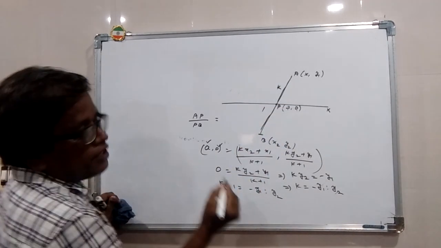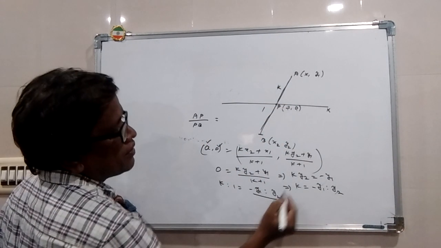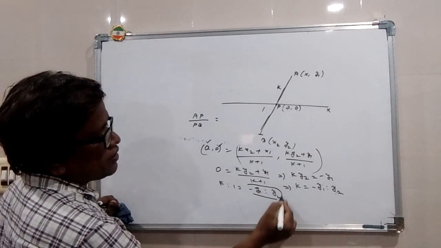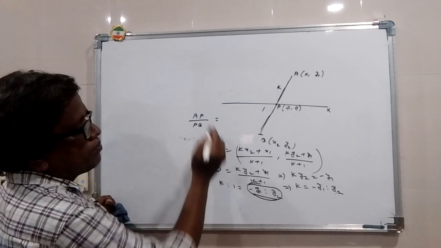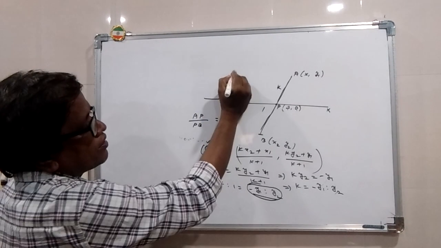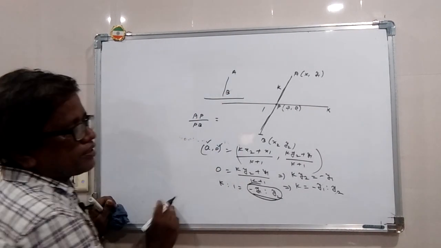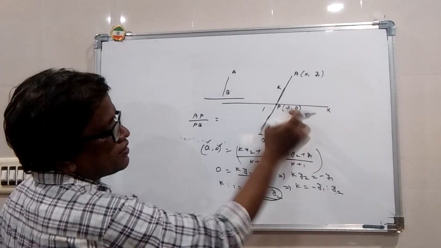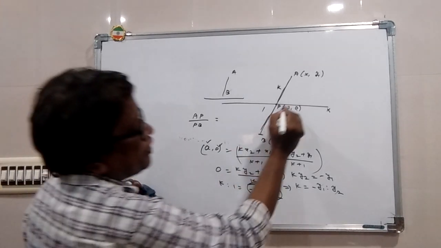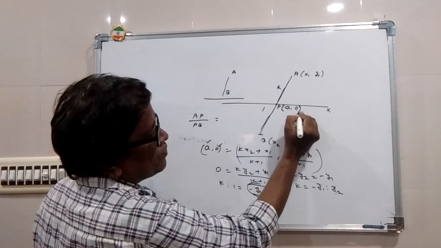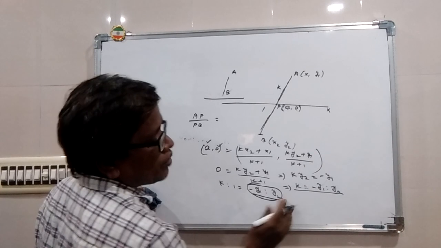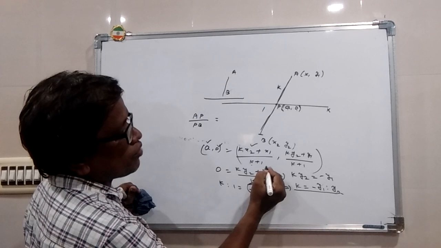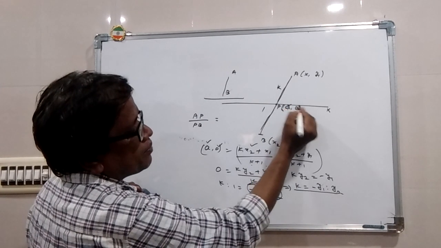That means the x-axis divides the line segment in the ratio minus y1 is to y2. If the ratio is negative, then the x-axis divides externally. If the ratio is positive, then the x-axis divides internally. Now to find the point where the x-axis cuts, after getting the value of k as minus y1 by y2 and putting it in (kx2 plus x1) by (k plus 1), we can get the value of a, that is the point A0.